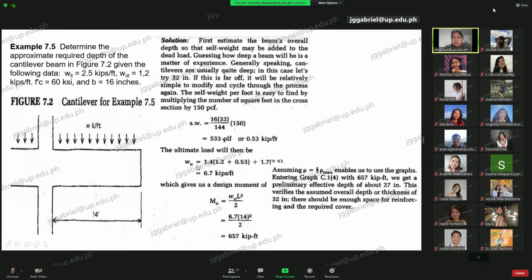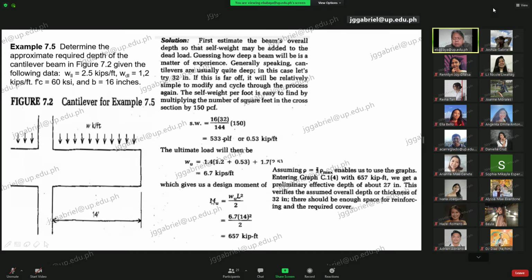So if we multiply then the ultimate moment, so 1.4 times this 2.5. Okay, it says it's live load. The dead load is 1.2. Kindly correct this. It should be 1.2. It might confuse you because it's a comma. So it's 1.2. So 1.4 times 1.2, this part is a dead load, plus 0.53. And then plus 1.7 times 2.5, you get 6.7 kips per foot, which gives us a design moment of, now,